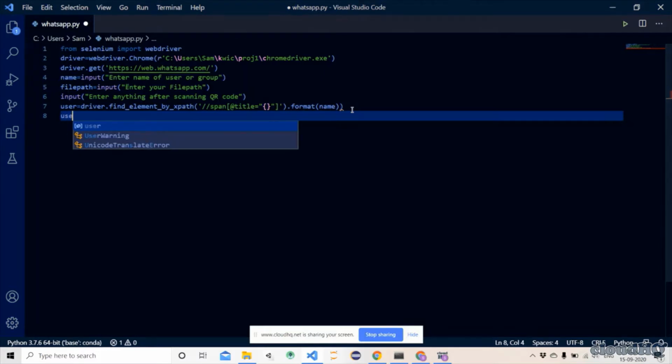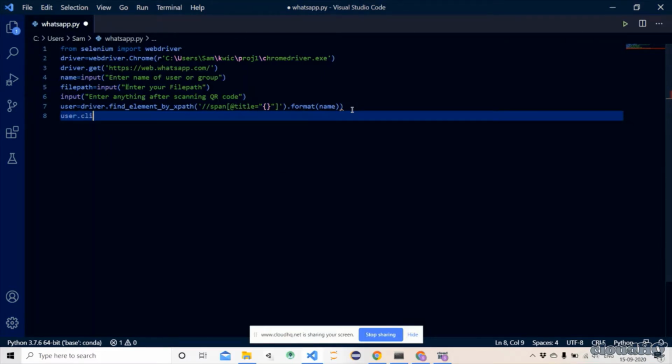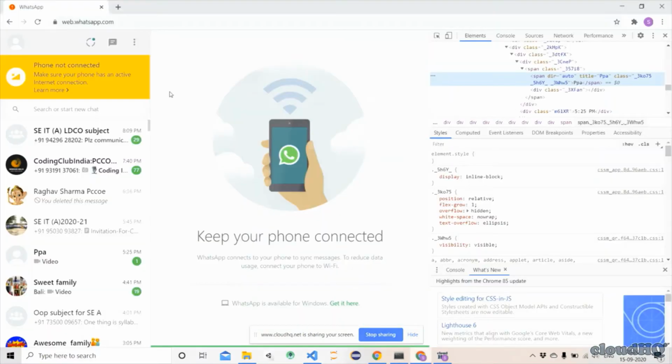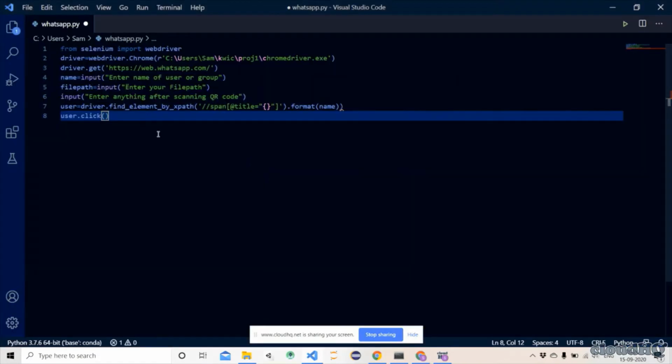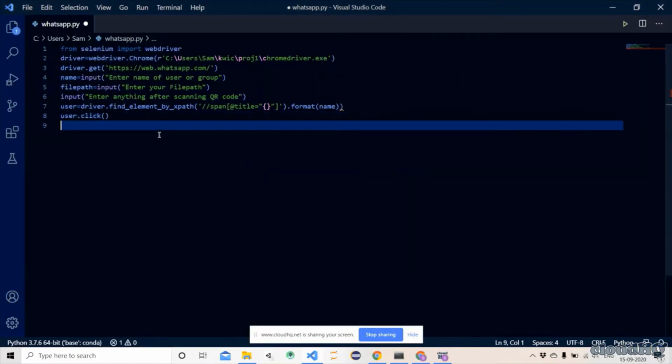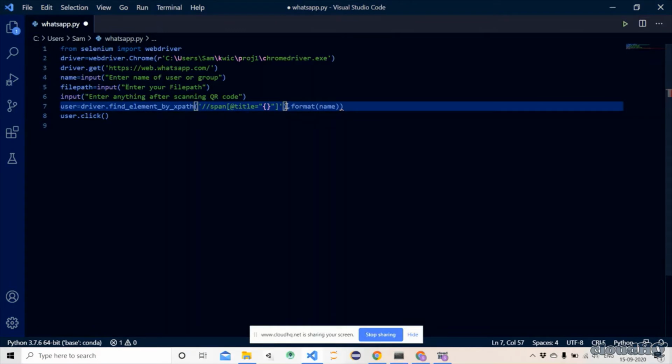Then we will just hit user.click, as this would click on that person, and then we can send this person an image. Okay, so this is not necessary, right?